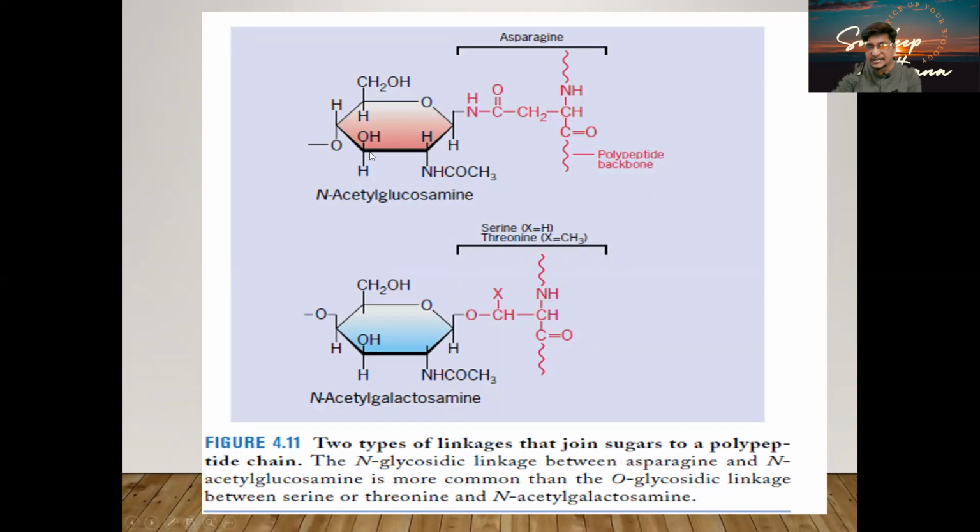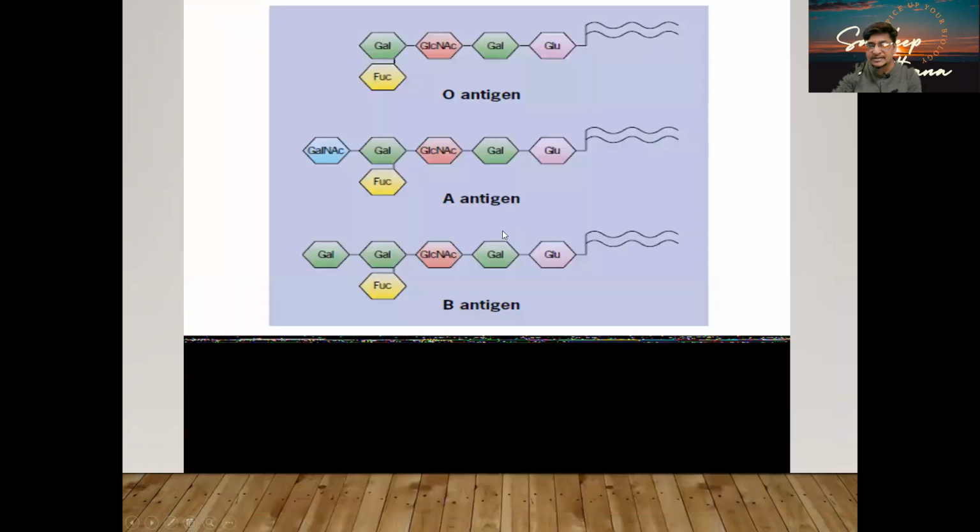This is another structure which can be present here and there. There'll be two kinds of glycosylation that you see. One is going to be O glycosylation, another is going to be N glycosylation. N glycosylation is going to happen always on the asparagine residues, and the O glycosylation, because of the OH group, is going to happen on two amino acids, serine and threonine. They're going to again play a very important role in the structure of the proteins.